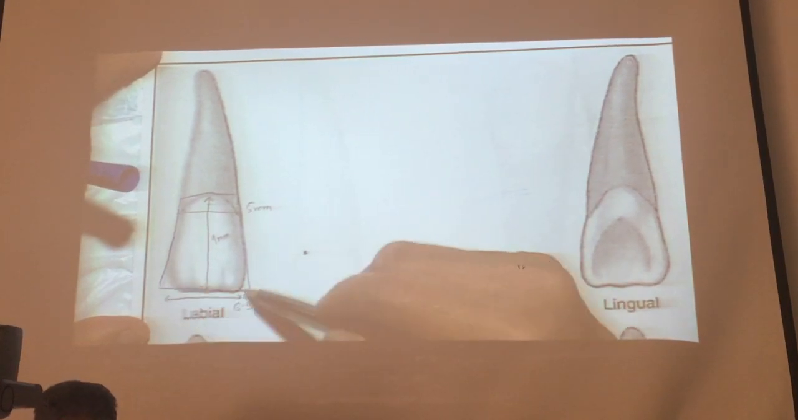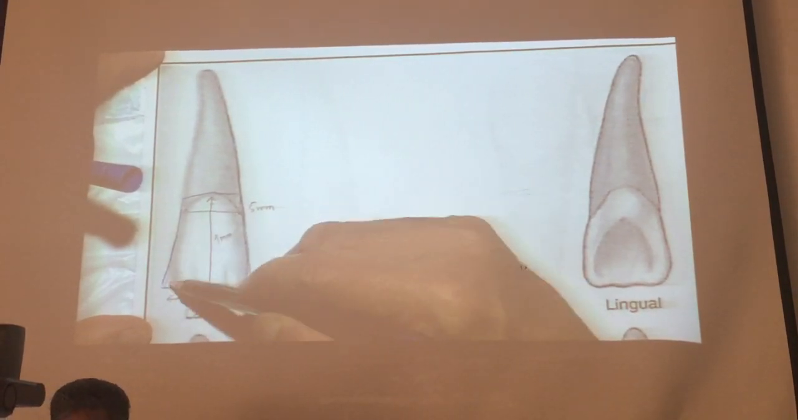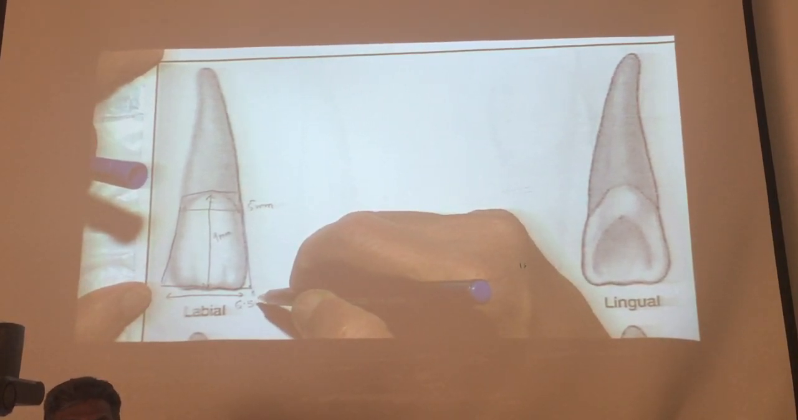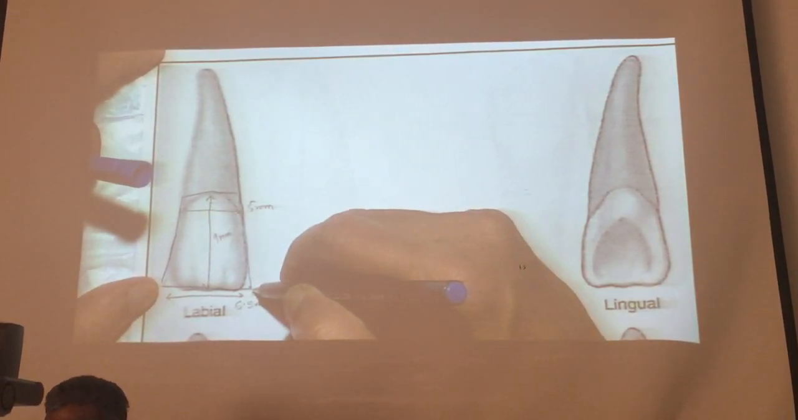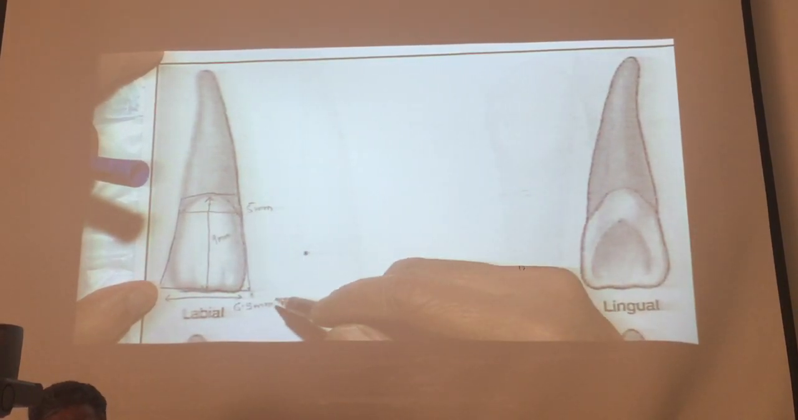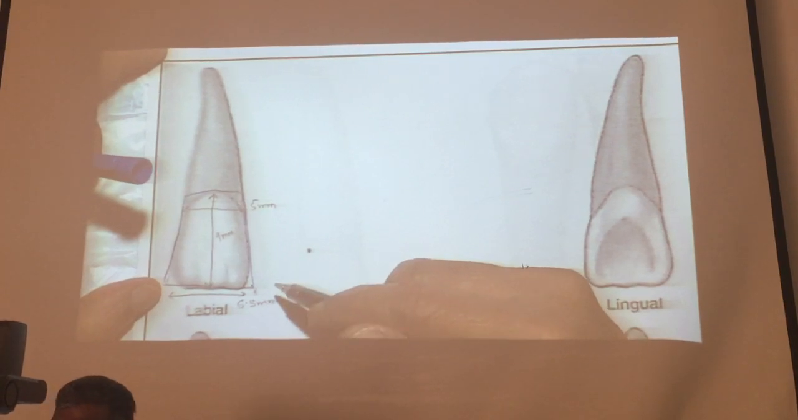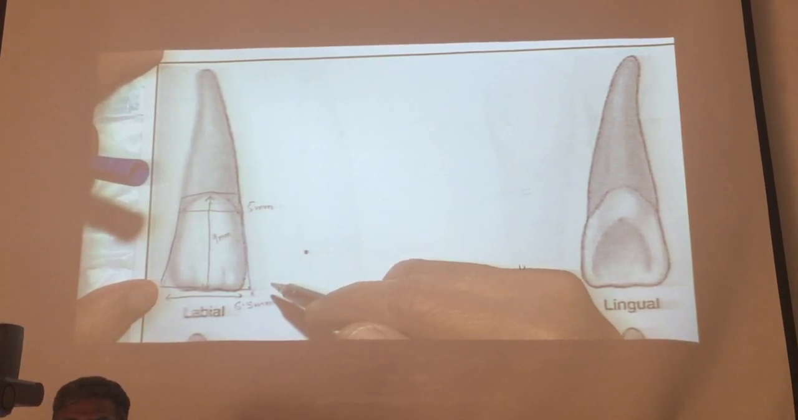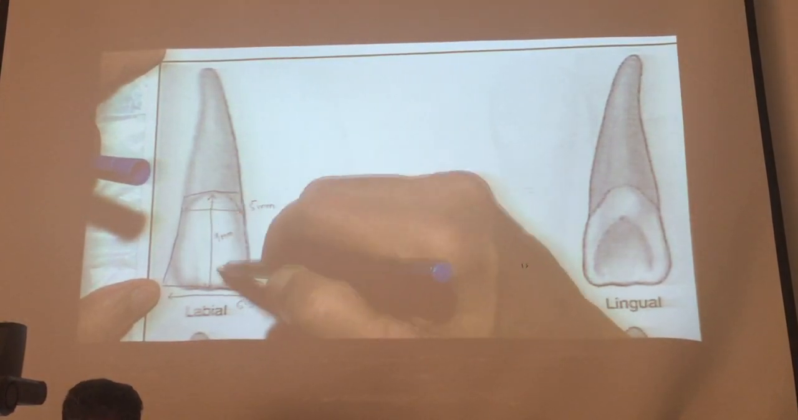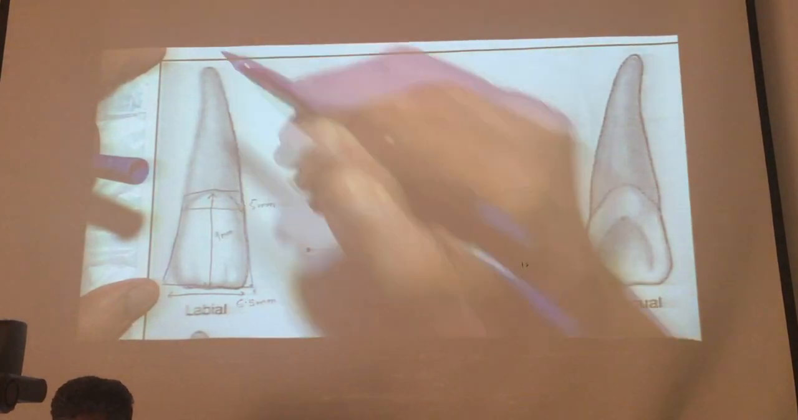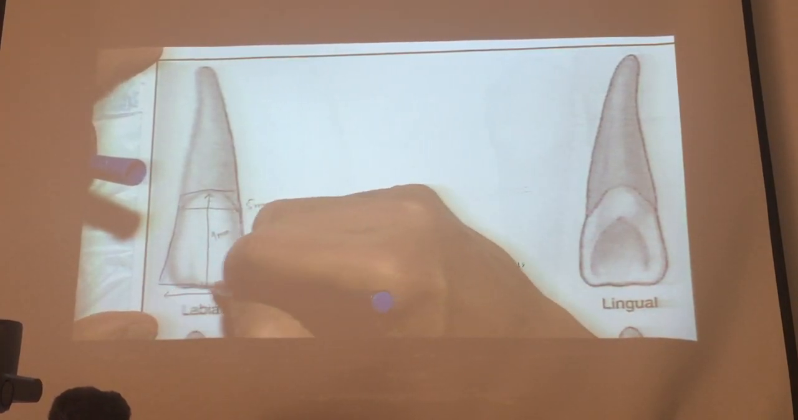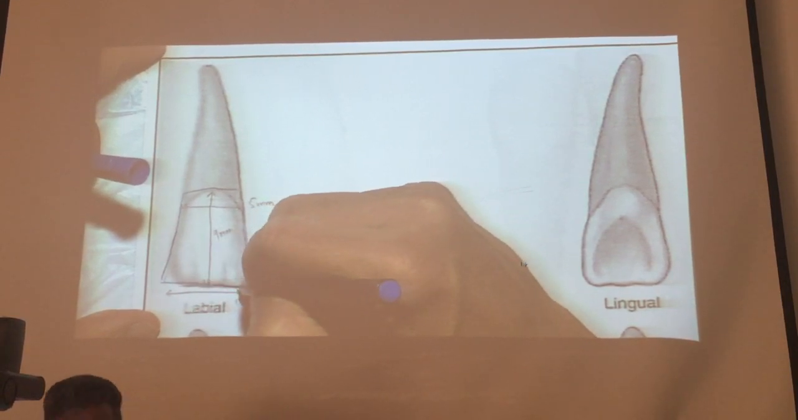But the only thing is, this is not very broad. Unlike your maxillary central incisor, which was approximately 8.5 millimeters on an average, this is only 6.5. This length is 9 millimeters here. How much was it in case of maxillary central incisor? Around 10.5 to 11 millimeters. But the root appears to be lengthy because the crown is shorter and narrower. Anyway, what you have to remember is that this incisal edge is not exactly straight,